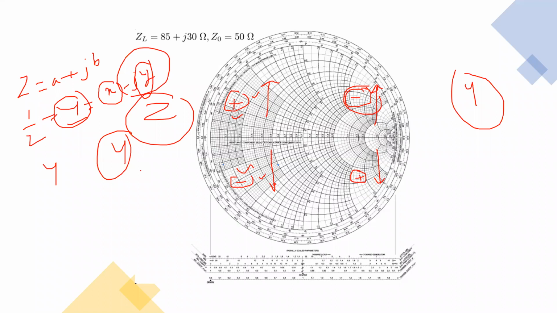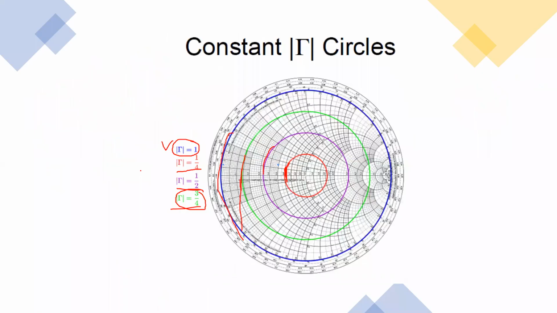So you have constant resistance circles and constant reactance circles. Under that, you have the inductive and the capacitive components. Reactance is what you observe. If you're using Z, which part will be for which purpose, whether inductive or capacitive? And if you're using Y, which one gives you the inductive and which one gives you the capacitive? And lastly, we discussed the constant reflection coefficient circles.